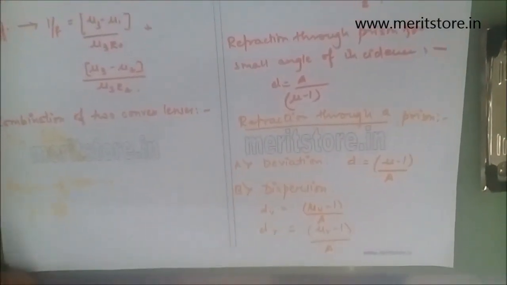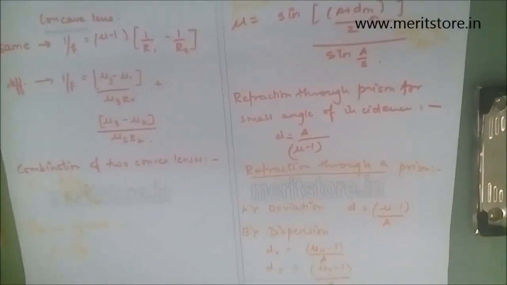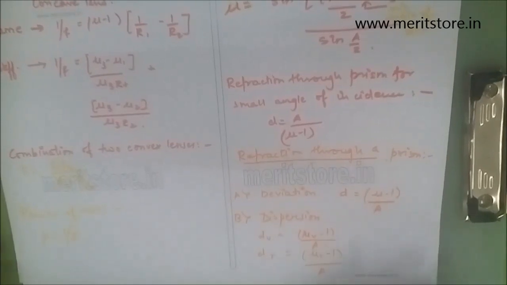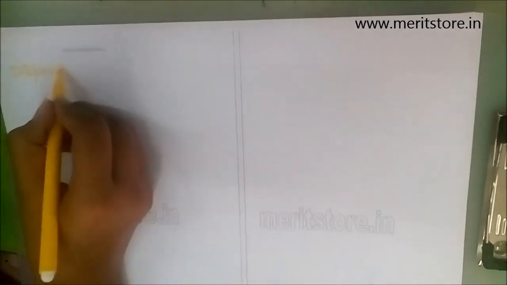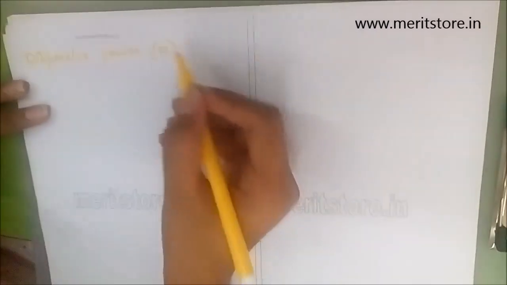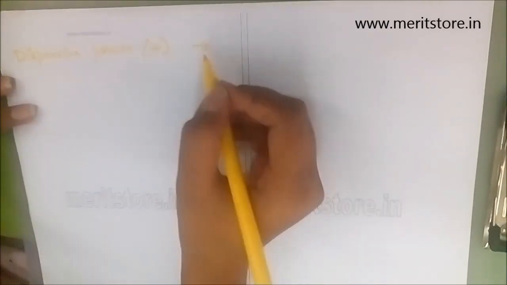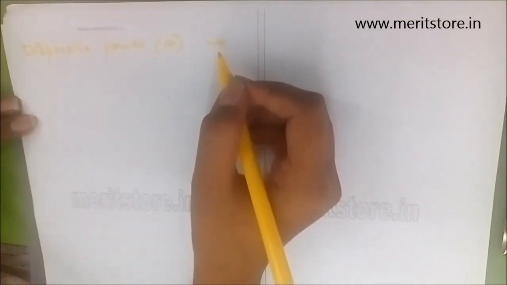Mu v and mu r are the refractive indexes of the material of the prism for violet and red colors. Dispersive power, that is denoted by omega, is defined as the ratio between angular dispersion to mean deviation produced by the prism. It is given as...